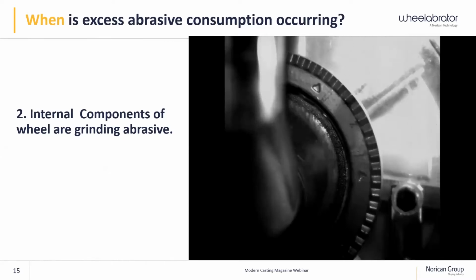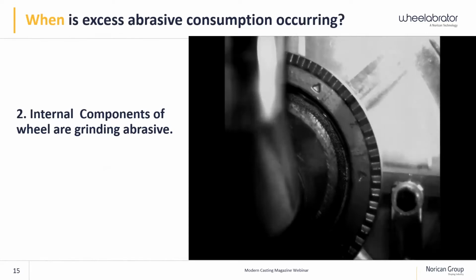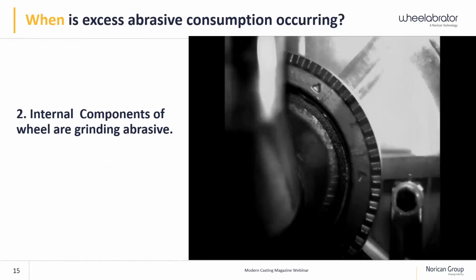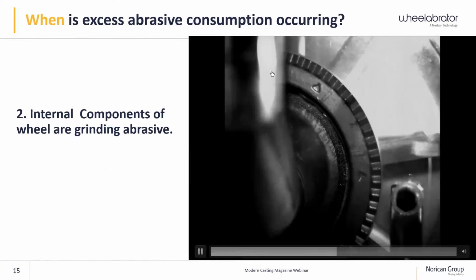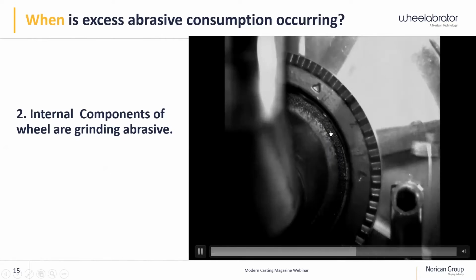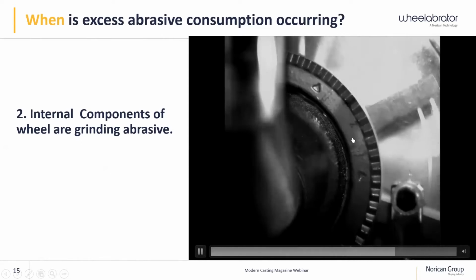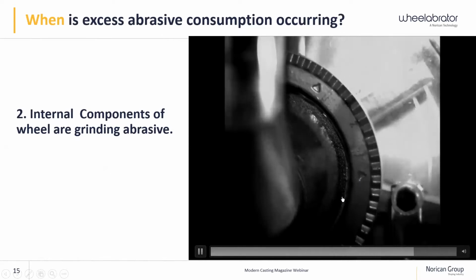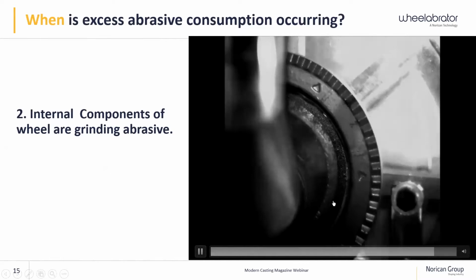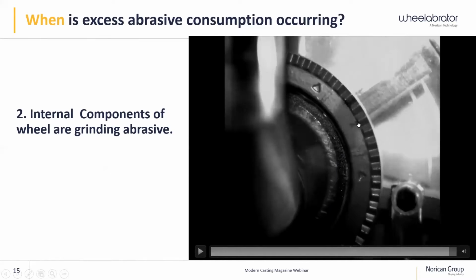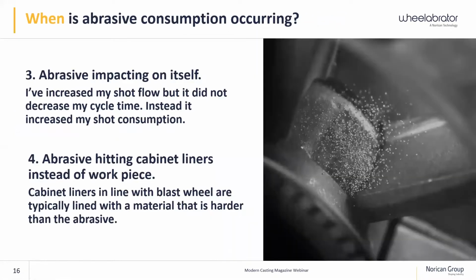And what I really want you to lock in on is the impeller rotating around, and you'll see that wave of media. I'll try to use my cursor to show it. This wave of media right in here. So this is the impeller rotating around. You can see the arrows indicating the opening of the control cage right here. So that media in that gap right there is what is riding around there and then transferring over to your blades. It's a violent action of what's going on in there. That's just a sample of one of the videos that we had, and we'll touch on that in just a